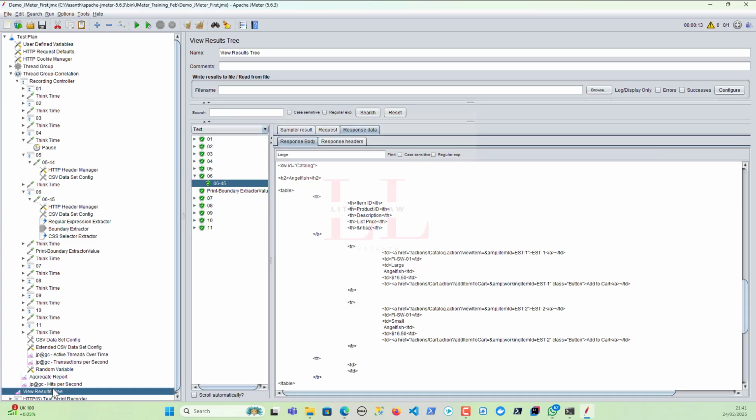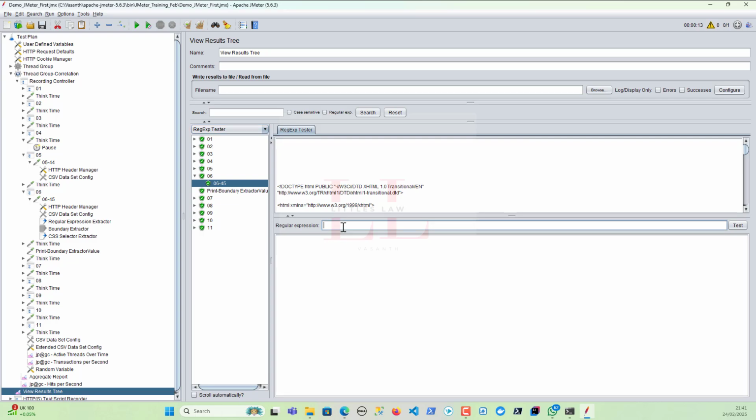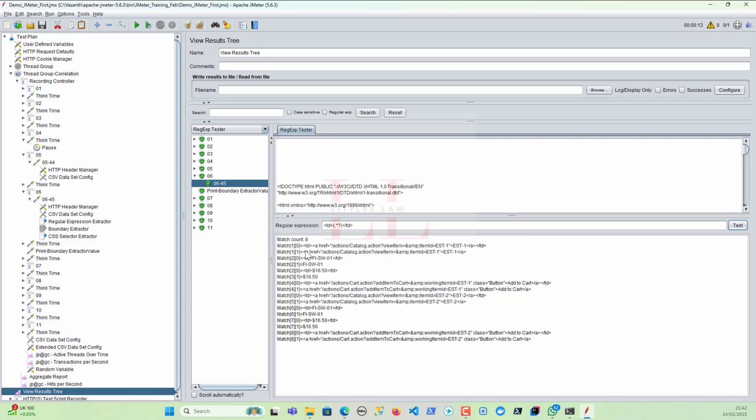Let's go back to the view results tree, where we have this RegExp tester. I'm choosing it, and then I'll enter td, dot star, question mark, and then closing the td. So this is what I'm going to enter, and when I click on test, here you can see